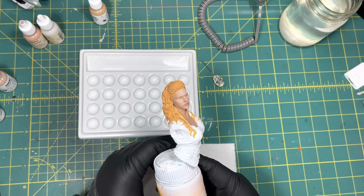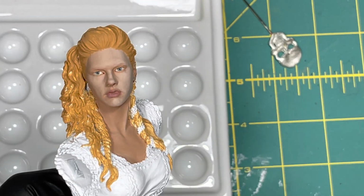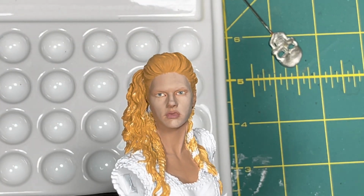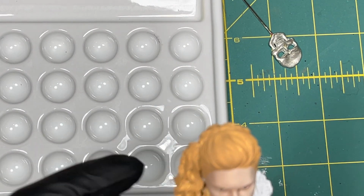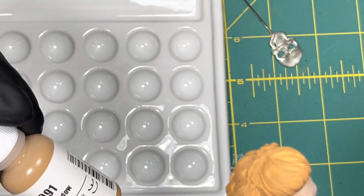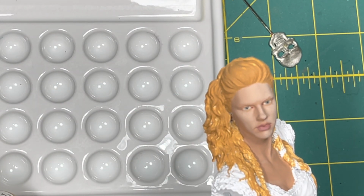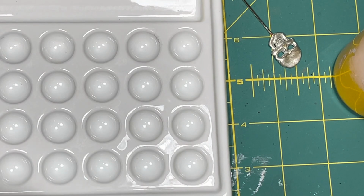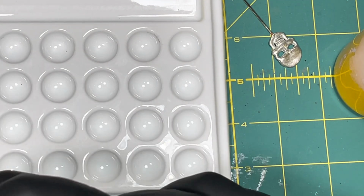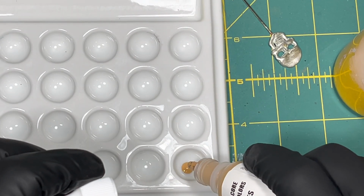Kind of still in some rough stages here. Let's see if I can zoom in a little bit. There we go. So got the eyes mostly done. Started working on the skin and the hair. So what we're gonna do is get some of this hair filled in and then start putting in some of the shadows. But first things first, let's get a good base coat on that hair, finish it up. And while we're doing that,